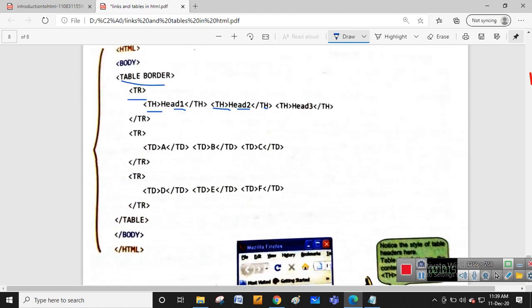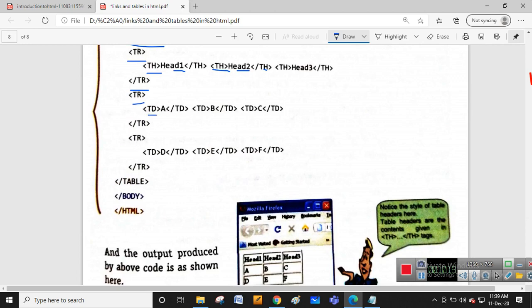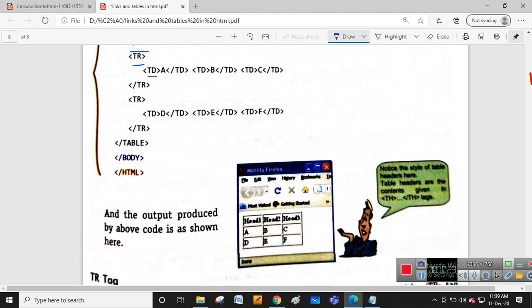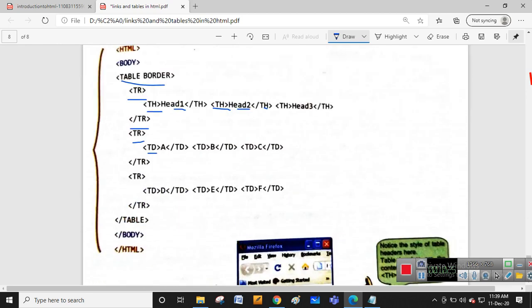Then they closed the tr tag and again opened the second row. So second row के अंदर में जो data they used the td only, normal td, because it is not in the normal font only. So why they are using the th is for that first column if you want to make as a header part or heading part, then they use the concept called th tag.